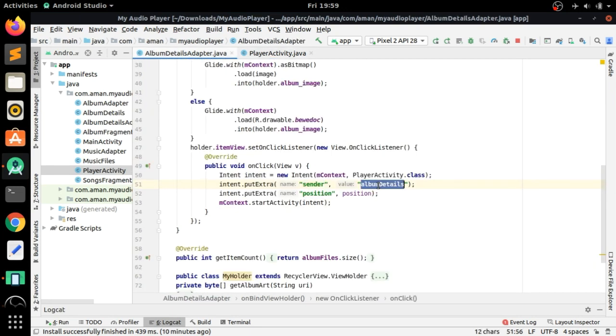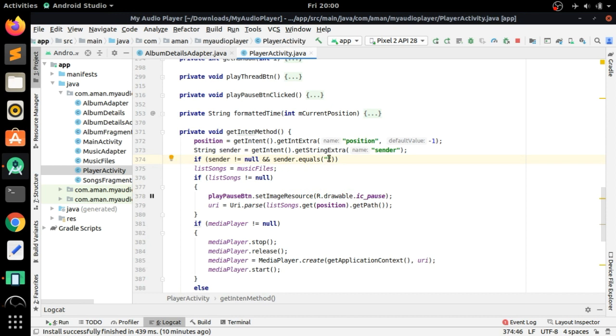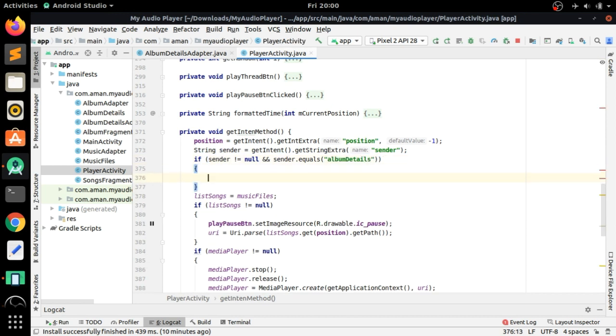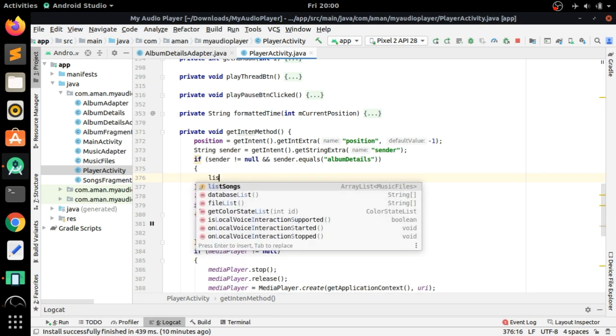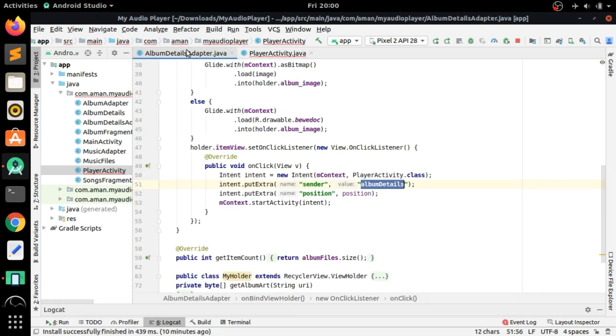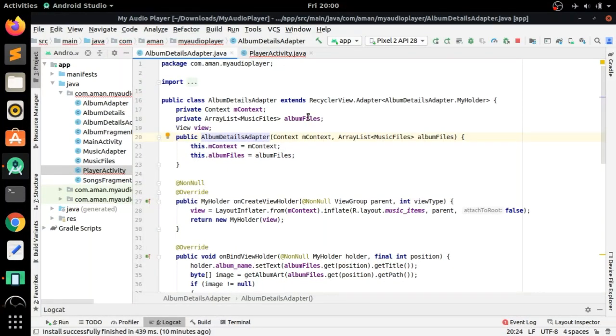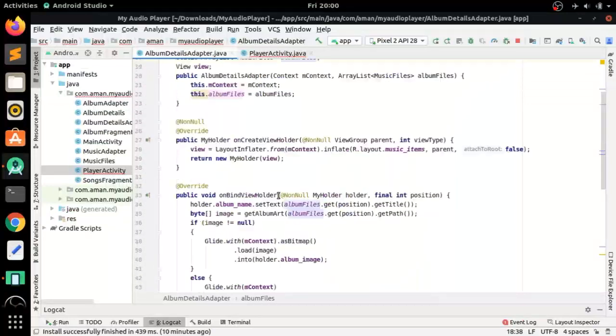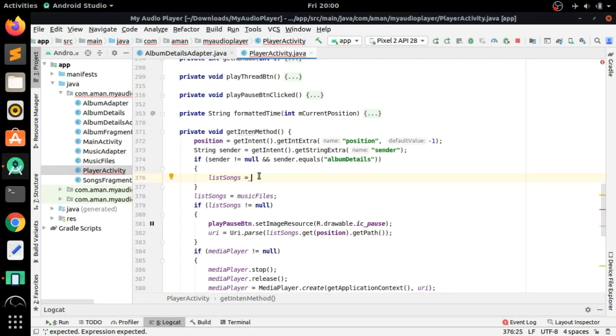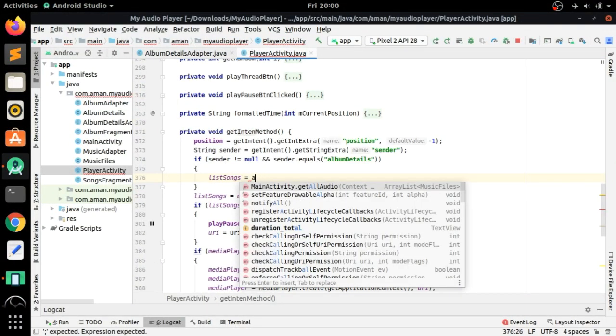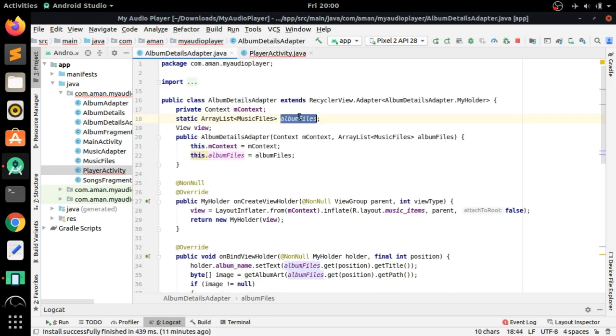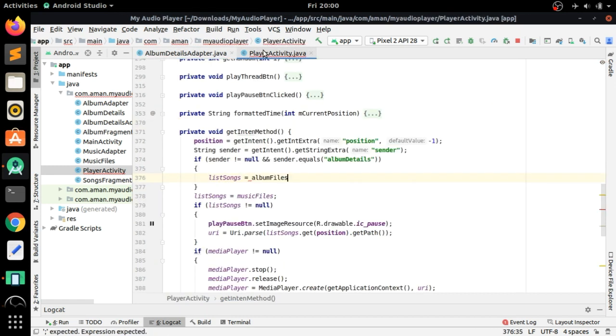Copy this and just paste it here, and if it is true, then we will assign the list song with the album files that is present in album details adapter. Here we have to first create it as static so we can import it in our player activity. Now we just have to copy from the album details adapter, and here we have to paste it. Now press alt enter to import it here.